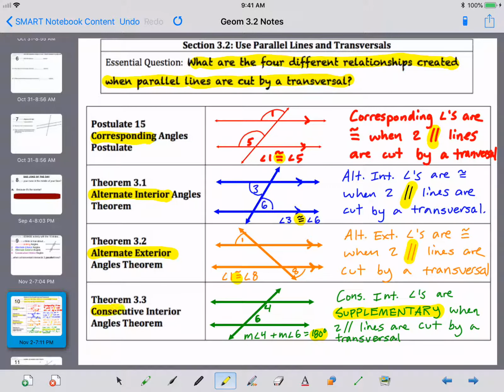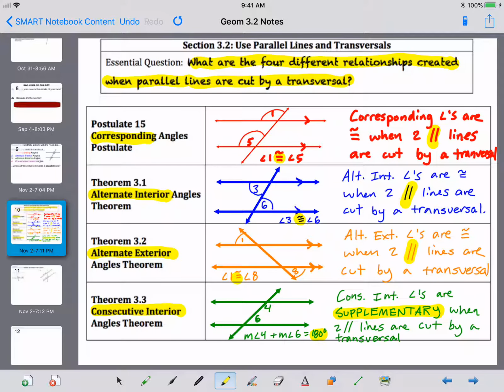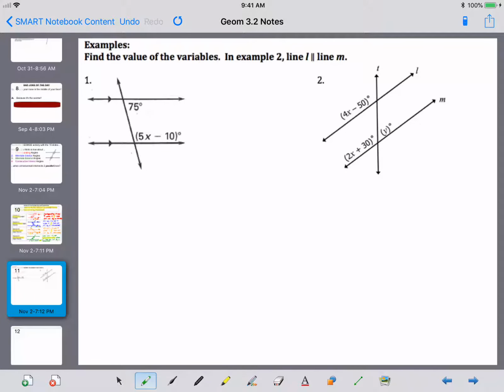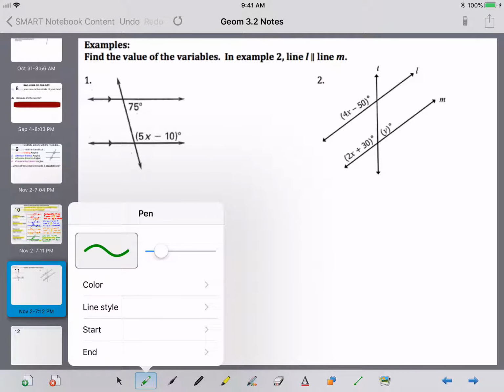So consecutive interior angles are the only ones that don't quite follow the same relationship that the other three do. All right, so let's just look at two examples using this information. All right, so the first example that we will look at,